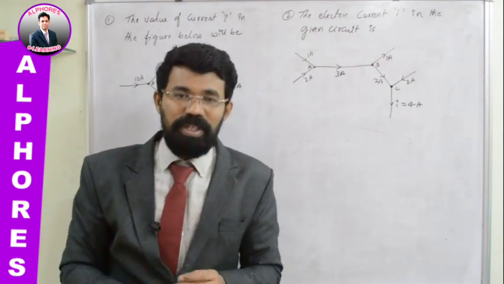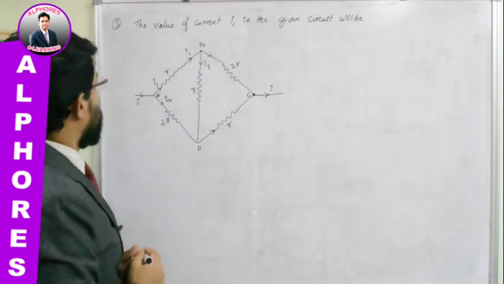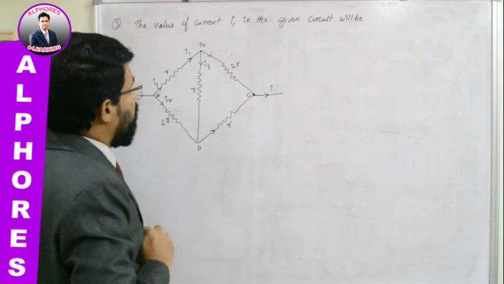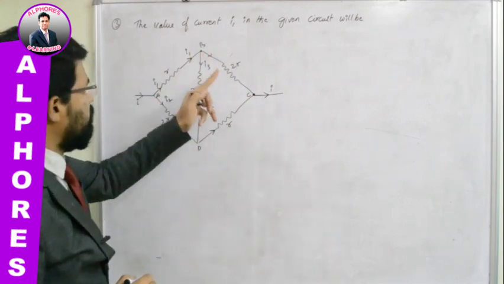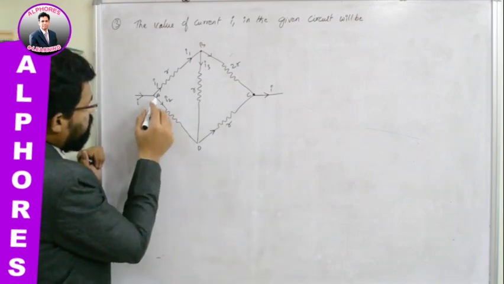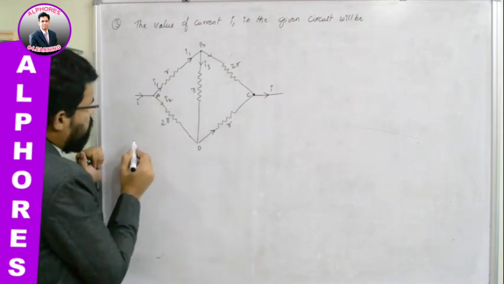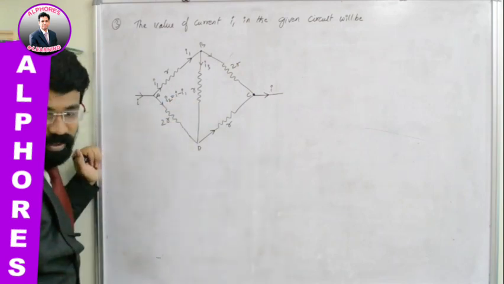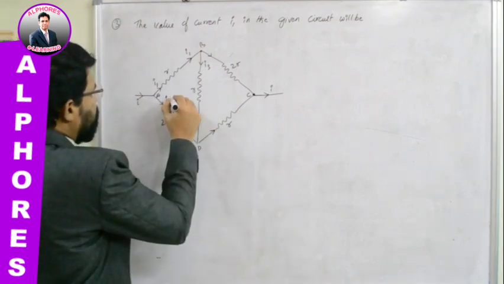Okay, so let us try one problem connected with Kirchhoff's second law. Now let us solve this question. What is given? The value of current I1 in the given circuit will be. So this is the circuit given. We have to find the value of this current I1, the current flowing along this branch. How many junctions are there? A, B, C, D. 4 junctions are there. If you see this circuit carefully, current I is entering junction A, and I1 current is leaving. So what will I2 be? I2 will be equal to I minus I1, isn't it? So I will replace this I2 with I minus I1.